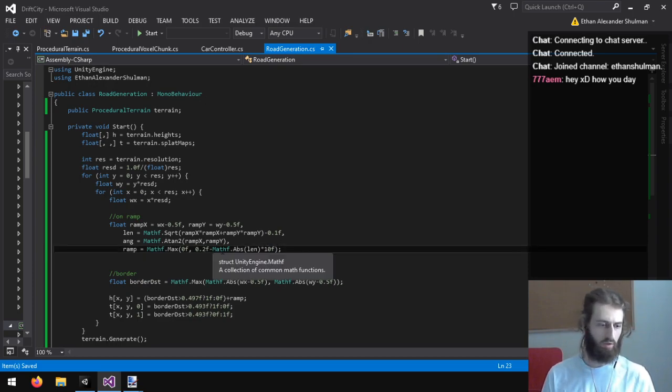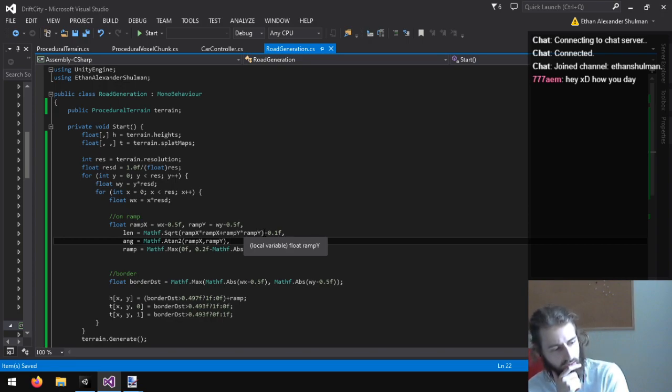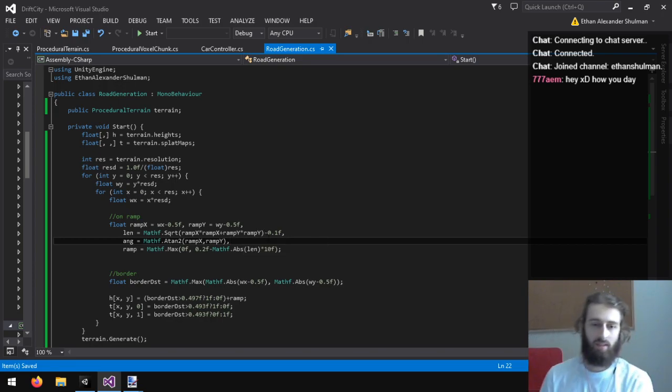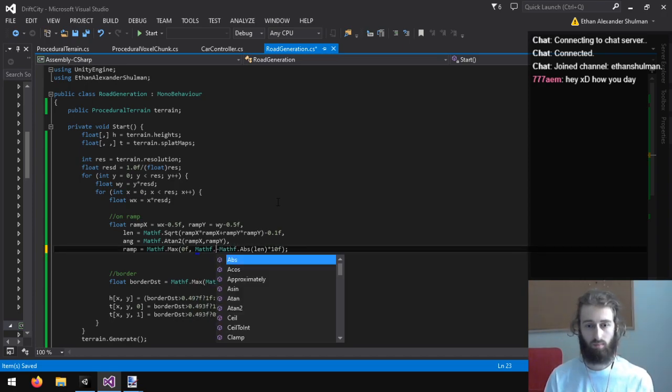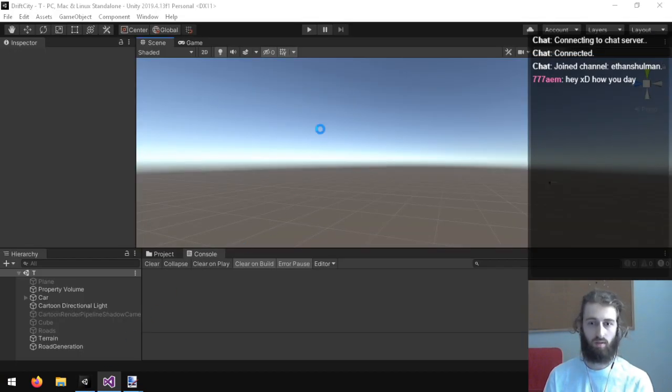So now I guess I could scale this up by angle. Let's see how that works.